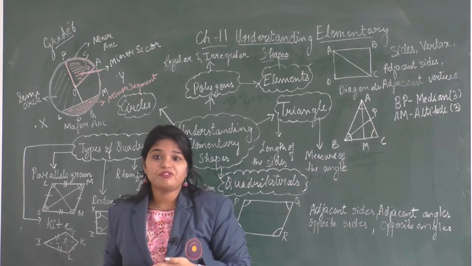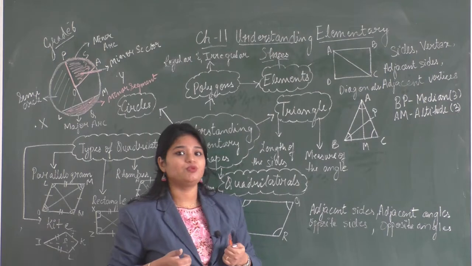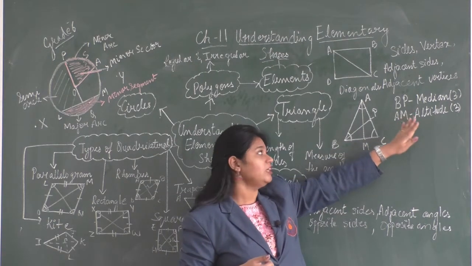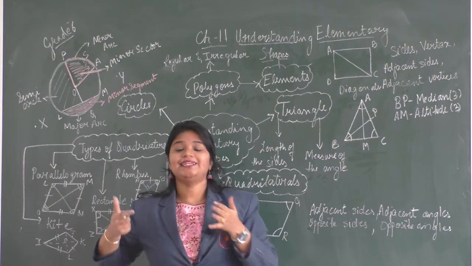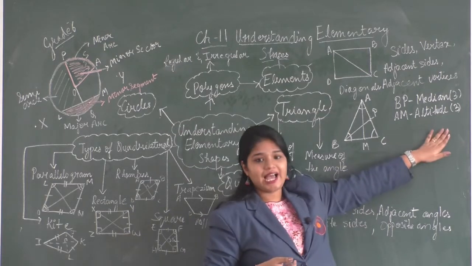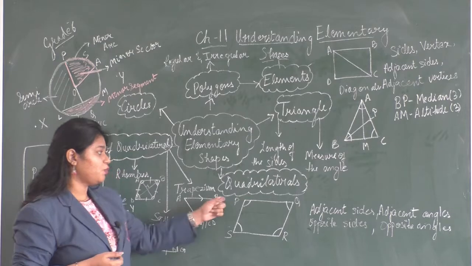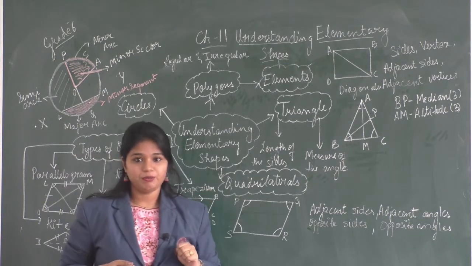What is the altitude of a triangle? The altitude of a triangle is a line segment which joins the vertex to the opposite side of the triangle. Now wherever it is joining the opposite side, it can be the midpoint, it may not be the midpoint. A triangle has 3 altitudes. Next we learned about quadrilaterals. A quadrilateral is a 4-sided polygon.